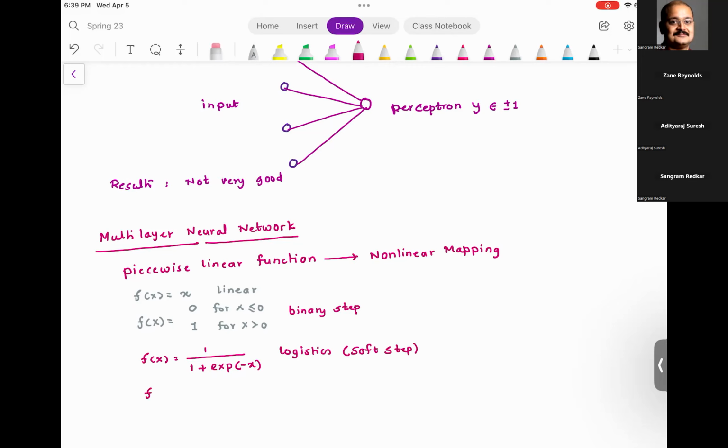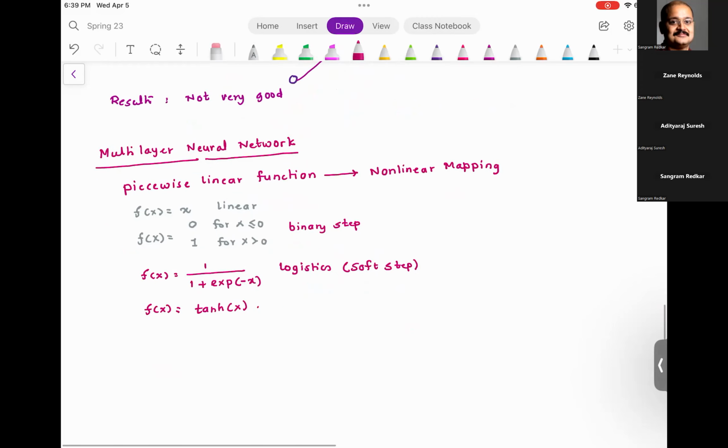And then you have f of x equals tanh, and you can have, this is a very famous activation function, which is f of x is equal to 0 for x less than or equal to 0, and x for x greater than 0. This is called the rectified